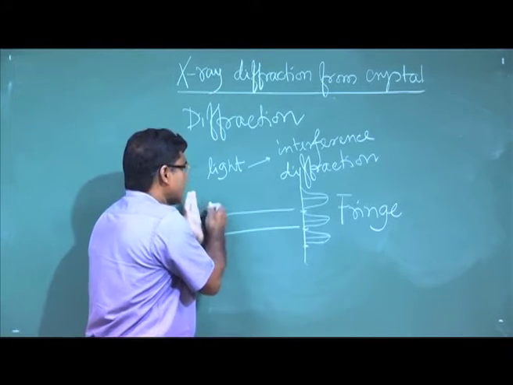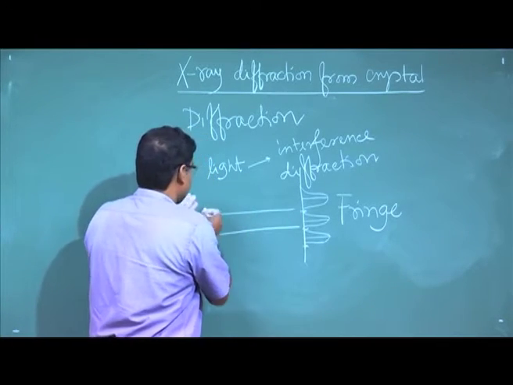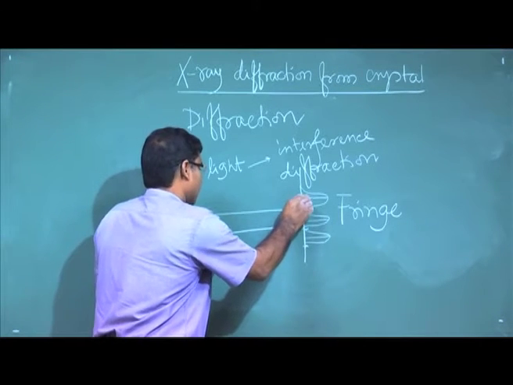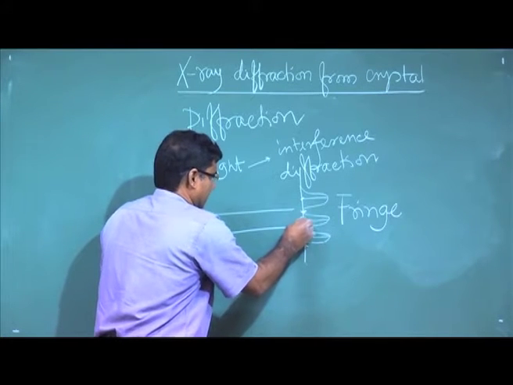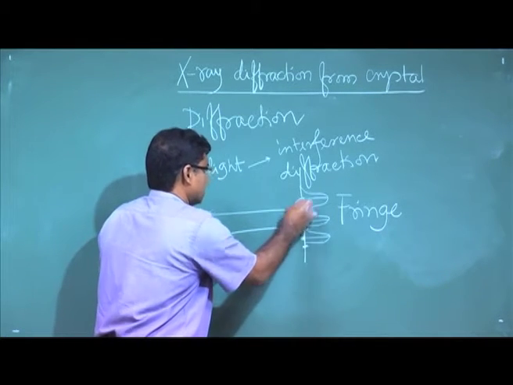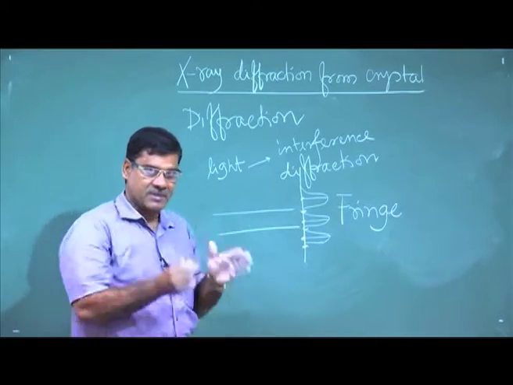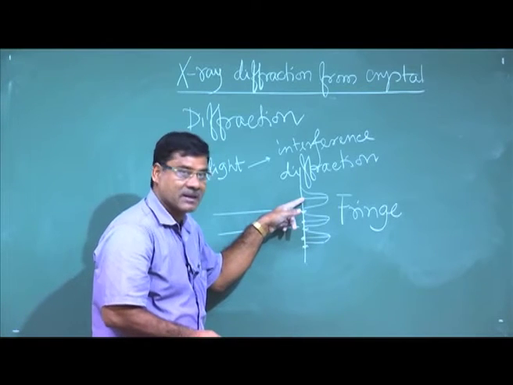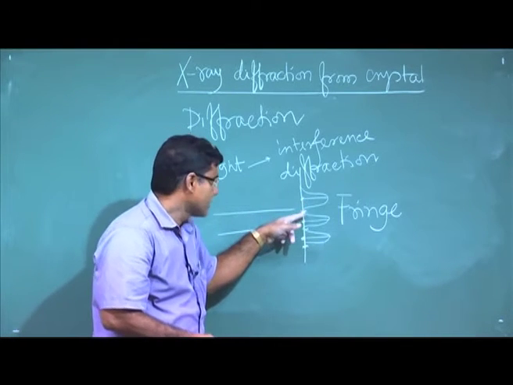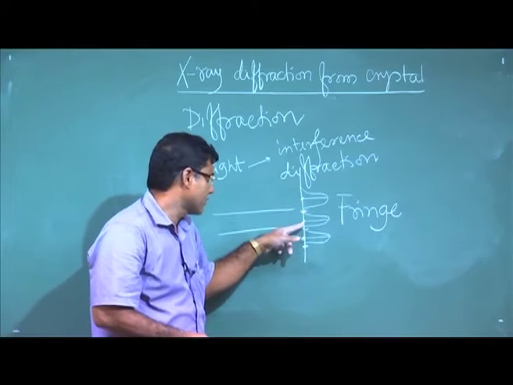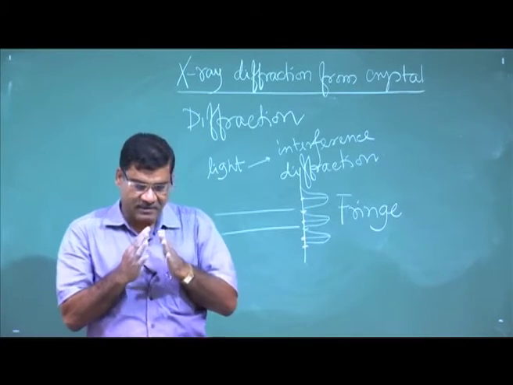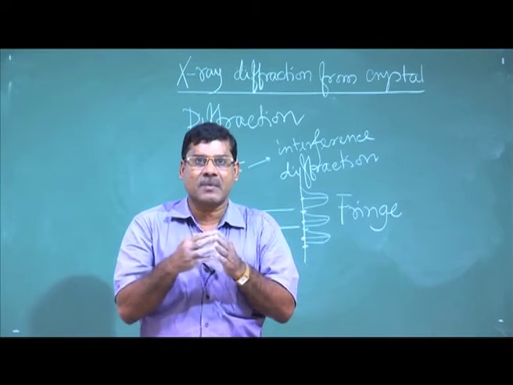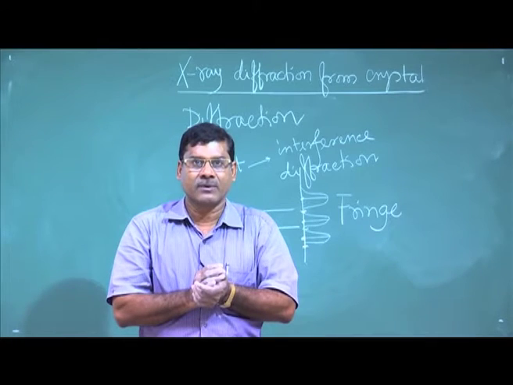Because this light is coming from the source and they interfere, depending on the position there will be a path difference between these two waves. Here the path difference is different, and there the path difference is different. So, when this path difference is a multiple of lambda, or the phase difference is a multiple of 2 pi, then we say